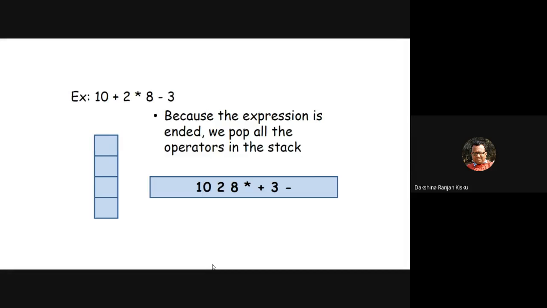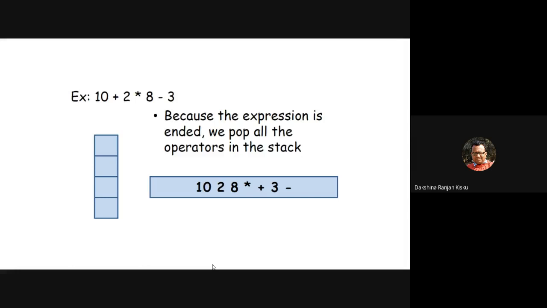According to the precedence or priority of the operators, the operators are either kept in the stack or appear in the remaining expression with the operands. So this is done according to the precedence of the operators.